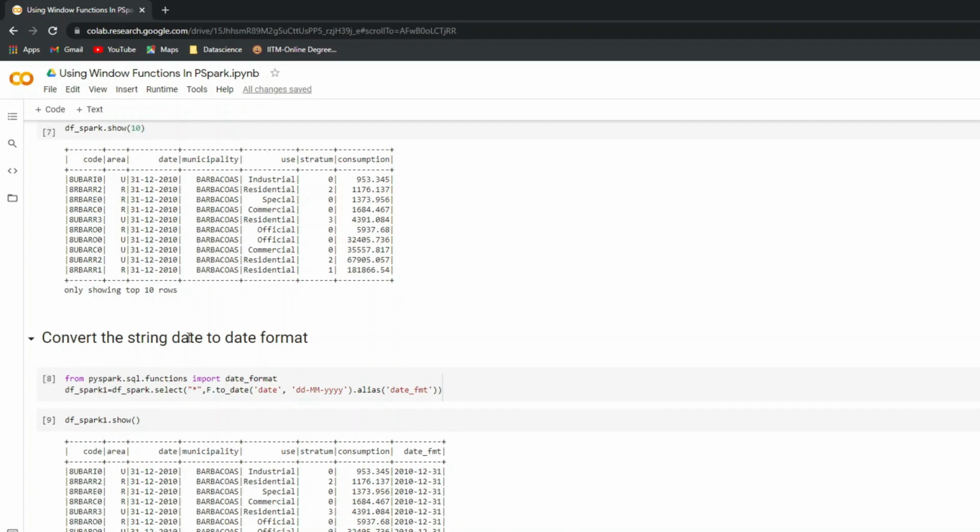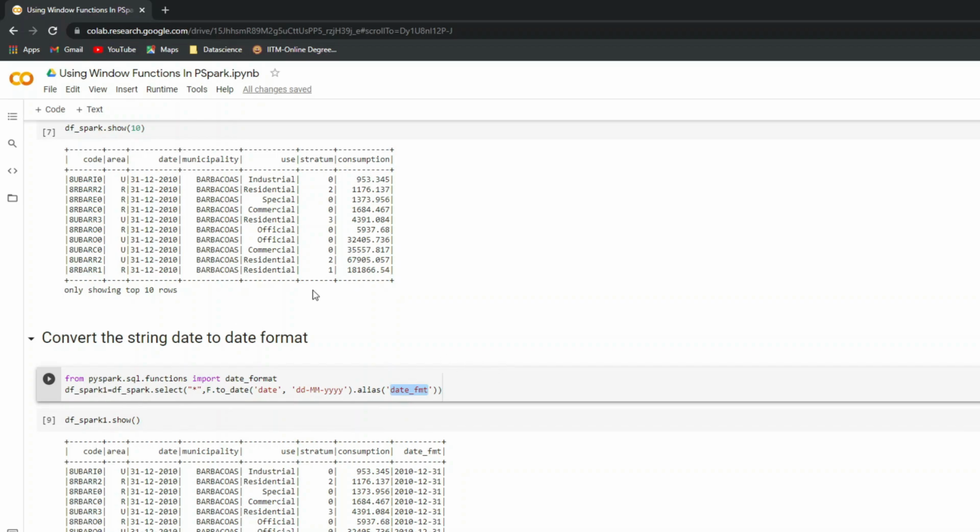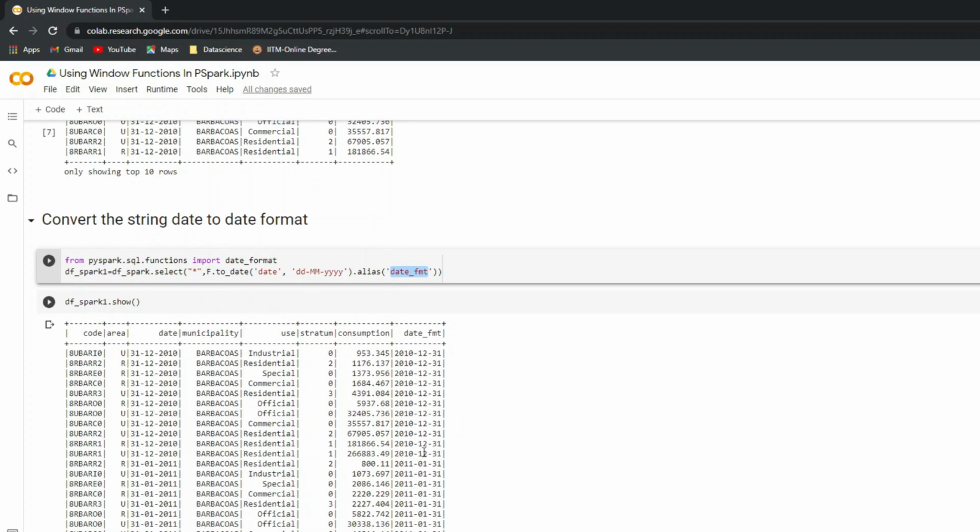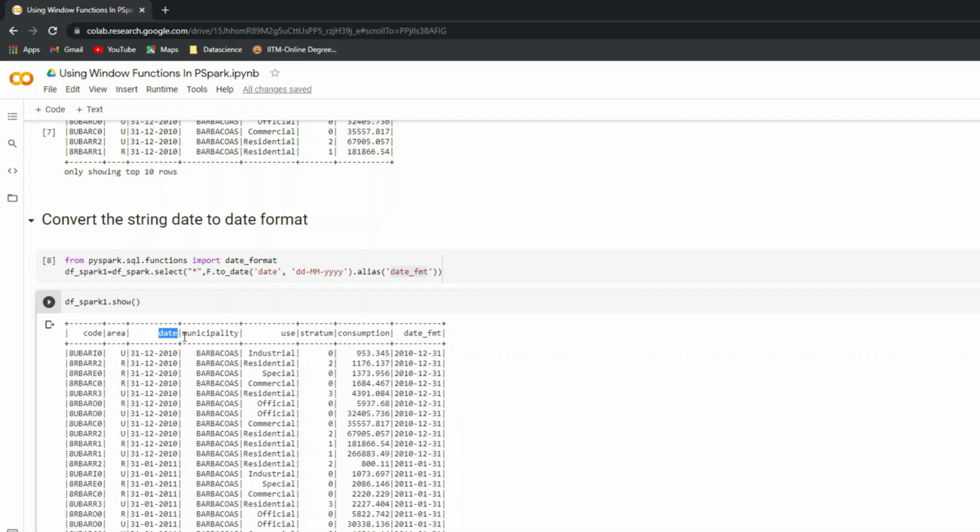I'm converting the string date to date format, for which I use the spark select command. I take all the columns and create another new column called date fmt. When I run this, you can see I have my original date value and also the new column created along with it. The only difference you see is the format between this date and this date.